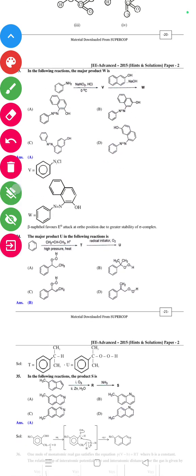अगला सवाल है कि in the following reaction the major product W is? NH2, NaNO2 HCl 0 डिग्री सेल्सियस, बीटा नेफ्थॉल ये बन रहा है, ये W बन रहा है। तो इसका favor of the electron attack at the ortho position due to greater stability of the sigma complex। तो इसका आंसर क्या जाएगा, ऑप्शन ए ये वाला बन जाएगा।